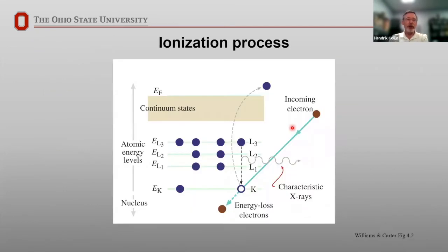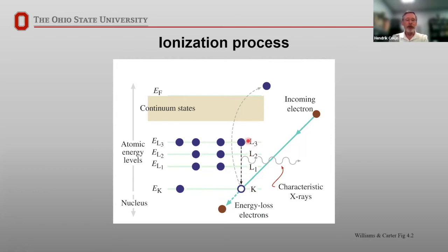So to start, this is probably something you've all seen at this point. X-ray analysis here with an electron beam. Basically, you have an incoming electron that will ionize an atom. So in this case, they're showing a K-shell ionization. You knock a K-shell electron out of the atom, and now you have the atom in an excited state. So one of these electrons in an outer shell will drop down to fill that vacancy in the K shell, in this case.